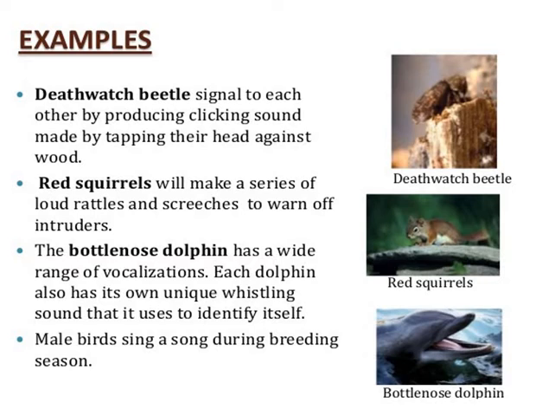Death watch beetle signals each other by producing a clinking sound made by tapping their head against wood. That is clear. Red squirrels will make a series of loud rattles and screeches to warn of intruders or enemy animals. So it is clear. Now the bottlenose dolphin, this is an aquatic mammal in the rivers and oceans, has a wide range of vocalization, just like whales, sperm whales and humpback whales, blue whales. Like these whales, bottlenose dolphin also communicates in a unique whistling sound that it uses to identify itself